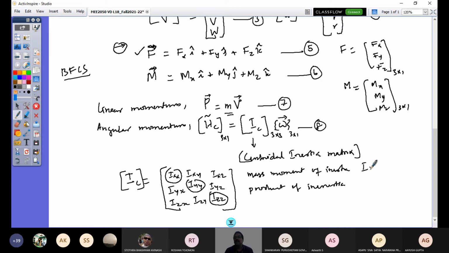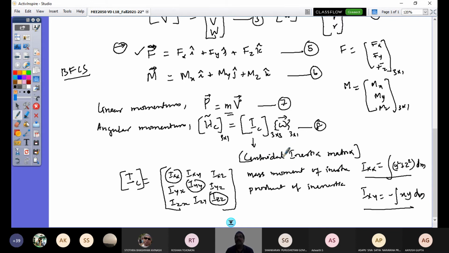How do you define this? For a 3-dimensional object, IXX would be defined as the integral of y squared plus z squared into dm. IYY is x squared plus z squared into dm, and so on. How do I define the product of inertia? IXY would be minus the integral of the product of coordinates xy into dm. This is how you see the mathematical definition of the elements in this centroidal inertia matrix,